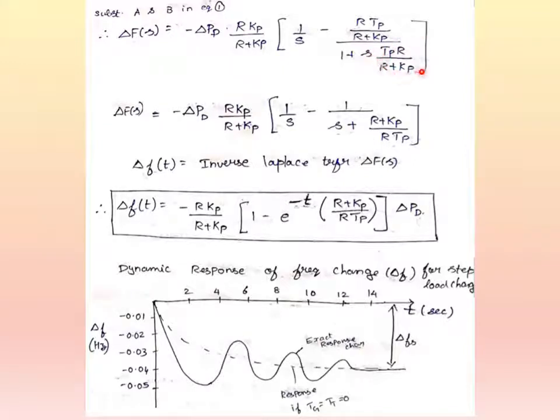So here we have to take this outside. When we take this outside, your expression will come like this. And now we are going to take the inverse Laplace, so we will obtain our frequency equation in the time domain. So del f of t will be equal to this equation. So 1 by s, when we take the inverse Laplace, is 1. And 1 by s plus a has the inverse Laplace e power minus at. So this is the expression for your frequency.